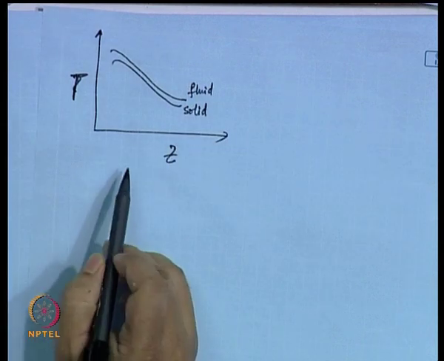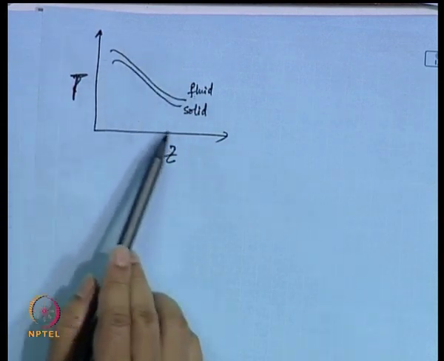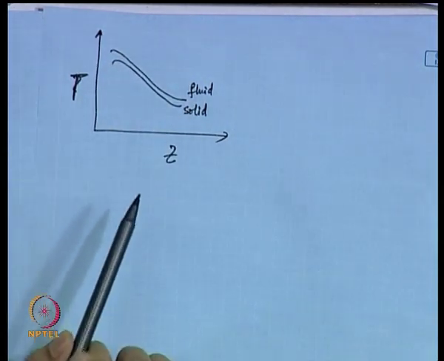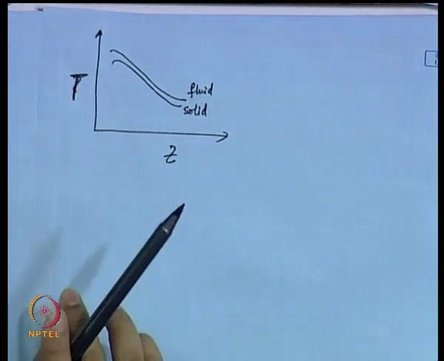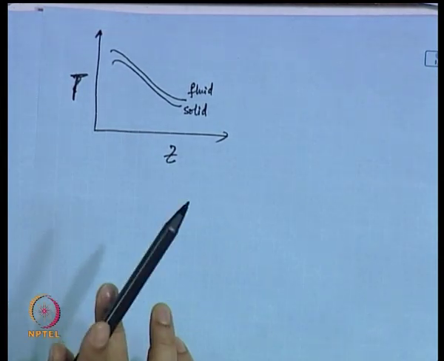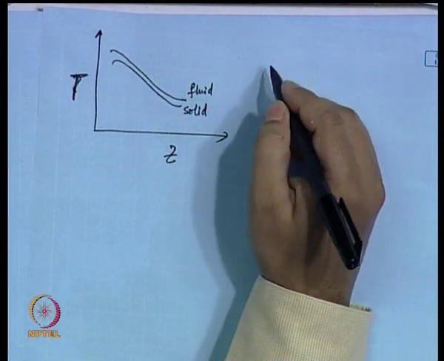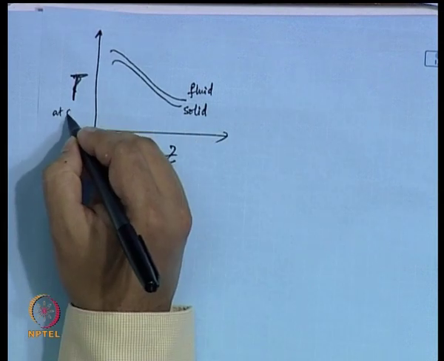In case of a porous medium type model, you have assumed that this fluid and solid are of the same temperature, so you had a single line for the porous medium model. At least you have two different lines from this mean field approach, and T is probably at the center line